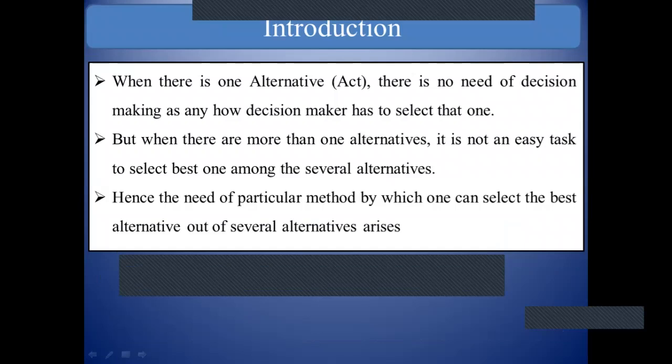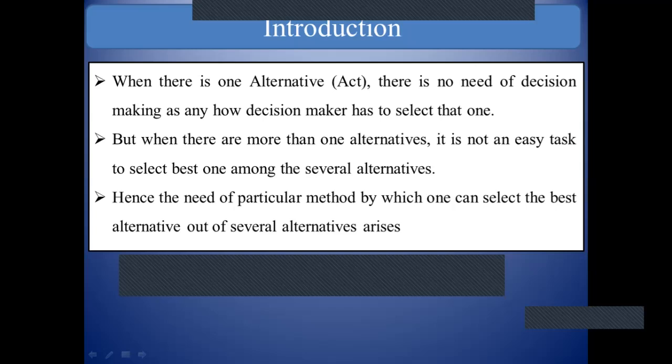When we have only one alternative or act, then there is no problem regarding decision taking, because anyhow we have to select that option only. For example, you want to take admission in a college, and suppose in your town there is only one college, then you do not have any other option. So here the decision theory chapter is not required.